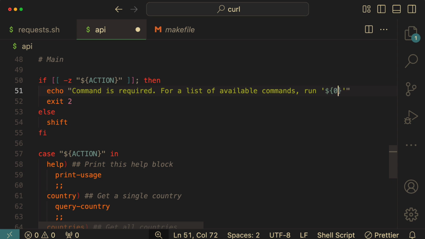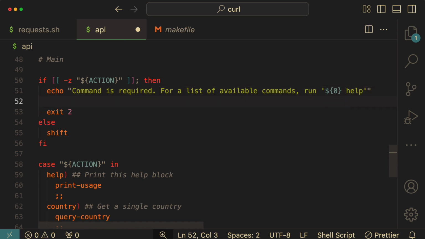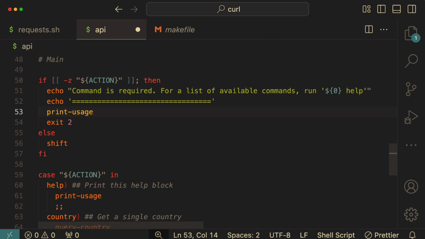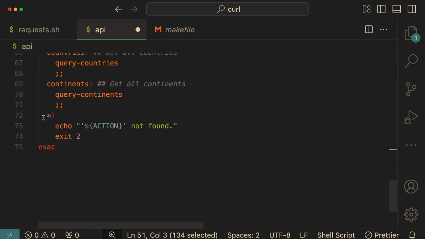So that's going to be whatever we named our file, $0. If we decide to rename our file, it's still going to work. $0 help, okay? Because we're good citizens, we're going to add in some equal signs. I'm not going to bore you by trying to line this up, but there it is, and print usage, okay? And then I can copy this whole thing, bring it right down to my default here, paste it